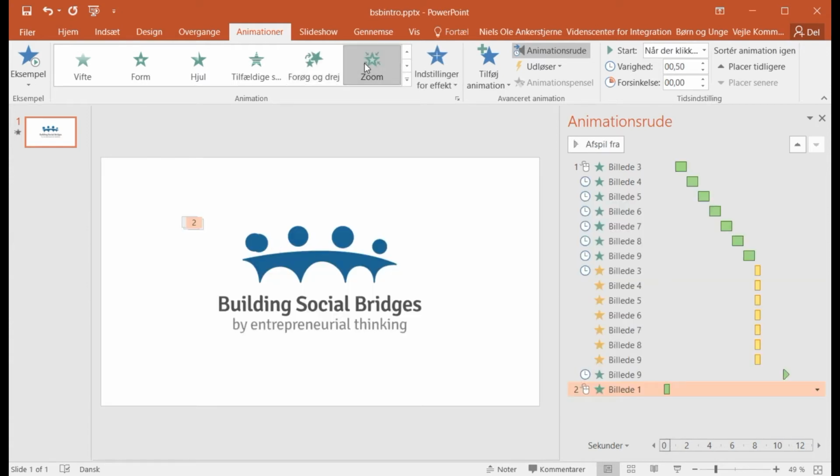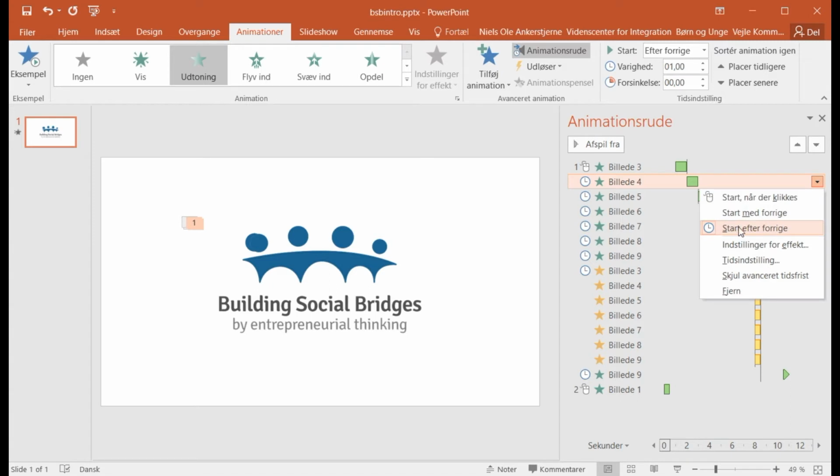So you have a lot of different animations, and the trick is that you can then take your animations and move them into the right order. I just put the animations here, and after each animation I'm saying this one will start after the previous one. So when the previous one is finished, the next one starts, and the next one starts,